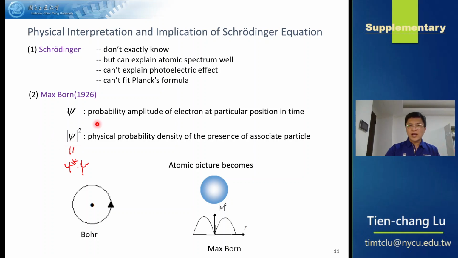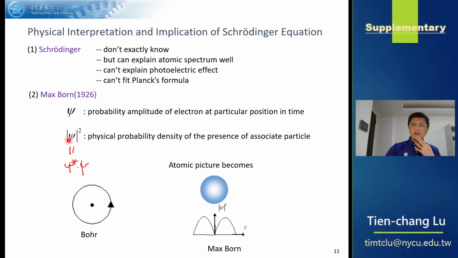Okay, so this actually goes against the picture or concept proposed by Bohr. Bohr proposed that the electrons move around the nucleus like the planets move around the sun, like the Earth moves around the sun. So it has a fixed orbital. But once we